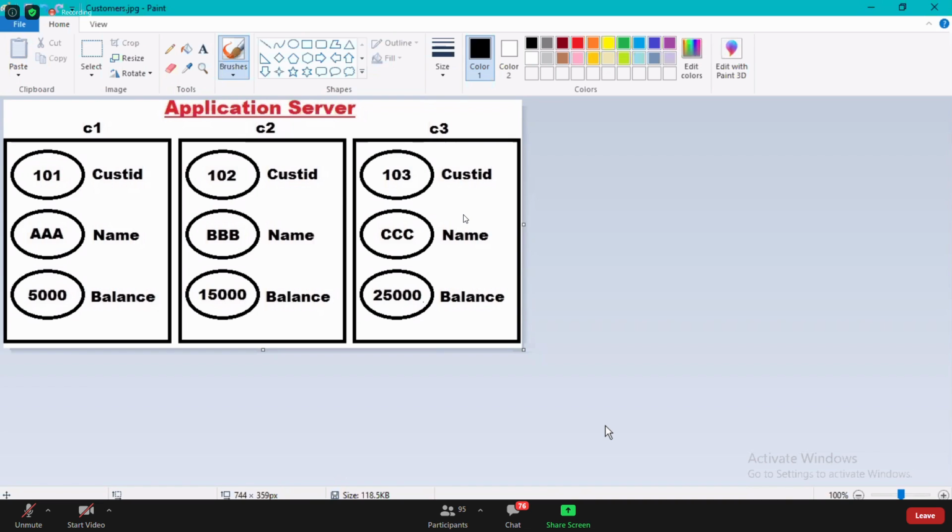If one person deposits, that will add to all the accounts, and if one person withdraws, that will be deducted from all the accounts.